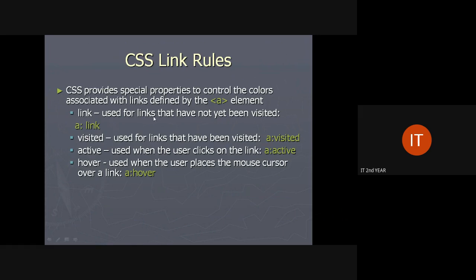And the CSS link. There are various anchor states which can be used to link: a link, visited link, active link, and hover. Visited link is when you open the web page and see a link you have already visited. Active link means when you click that particular link. Hover link means when the user places the mouse over the link.